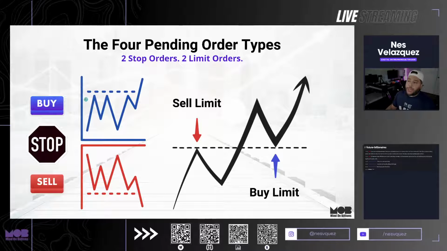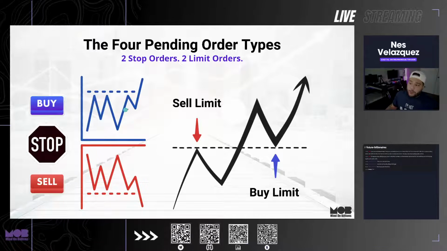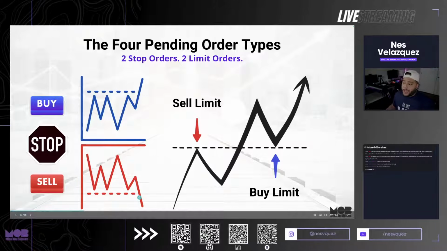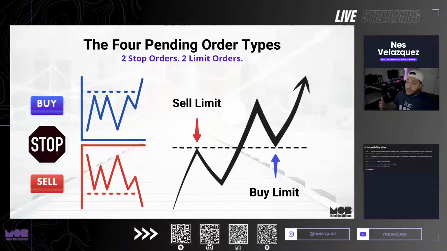So what I want to do is place a buy stop above where the market is currently at. So you're setting up a buy price that's above where the market is currently at. So when the market crosses up, that is when that buy activates. Now, if we're talking about a sell stop, same thing. We're looking at the market, and we decide that we want to place the sell below where the market is currently at. So when the market finally crosses down that point, that sell then activates, in hopes that we become profitable when the market makes more of a downturn.